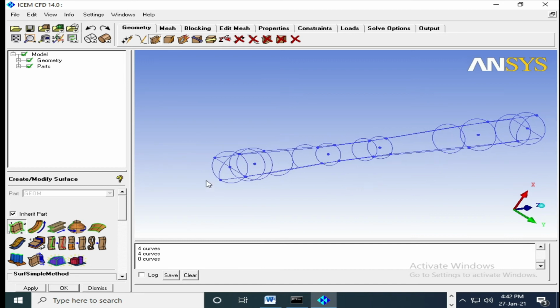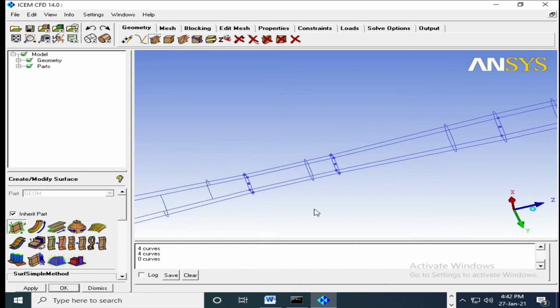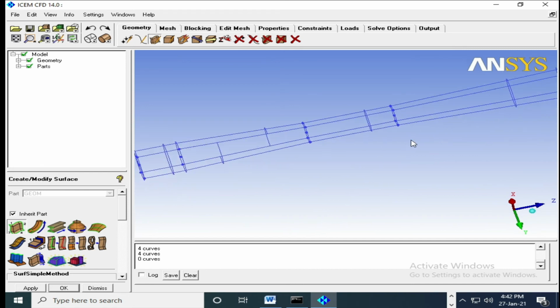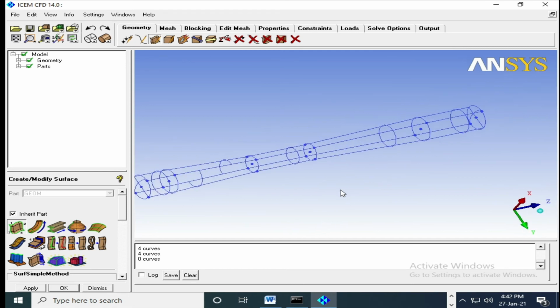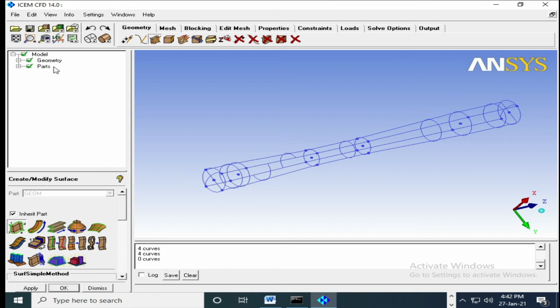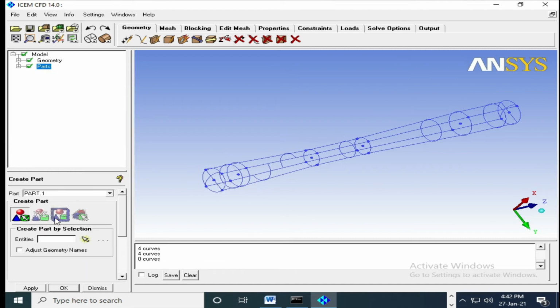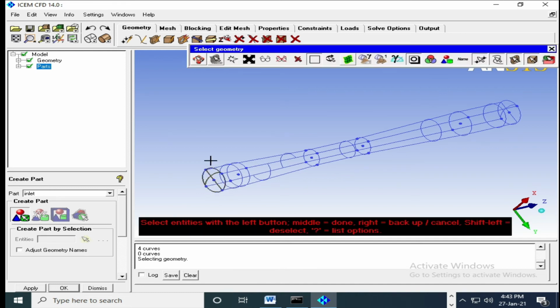So it is inlet and that is outlet, and the middle part is venturi. I will label it so that it will be very easy. So create part, say inlet. Then go for outlet, this is outlet.